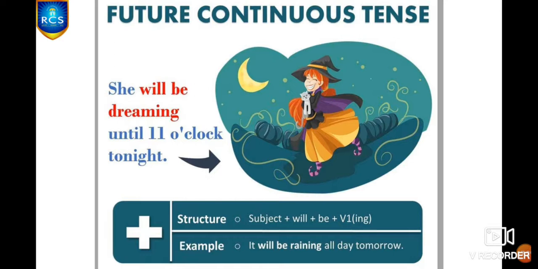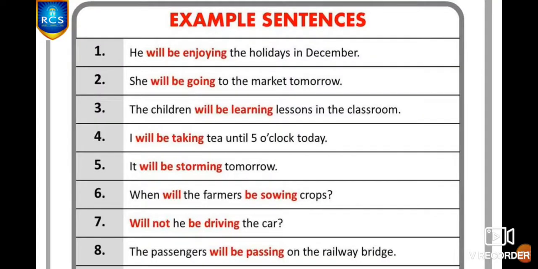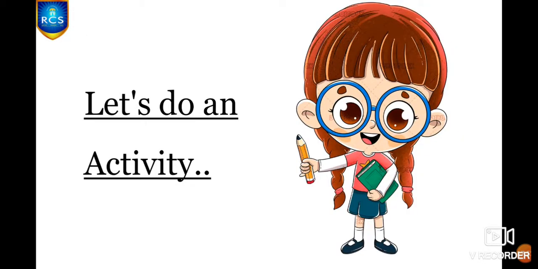It will be raining all day tomorrow. And you can see these examples, children. He will be enjoying the holidays in December. She will be going to the market tomorrow. The children will be learning lessons in the classroom. I will be taking tea until 5 o'clock today. Clear? Yeah. And now, based on the continuous tense we have learned, we are going to do an